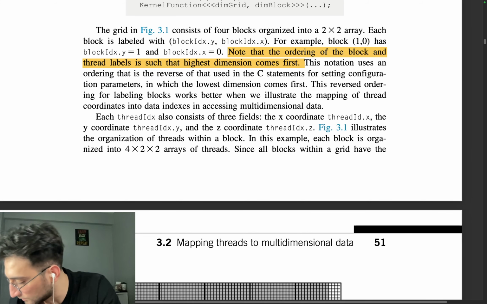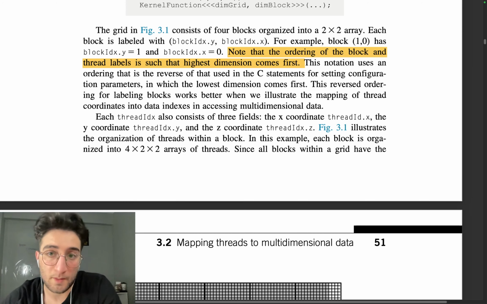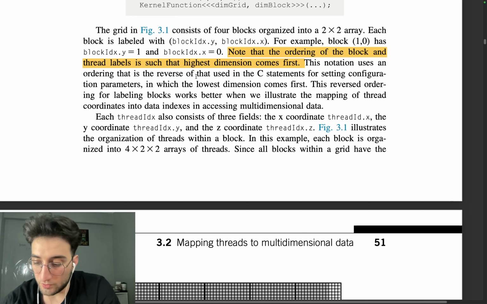And also I'm gonna check something. This notation uses an ordering that is the reverse of that used in the C statements for setting configuration parameters, in which the lowest dimension comes first. This reversed order